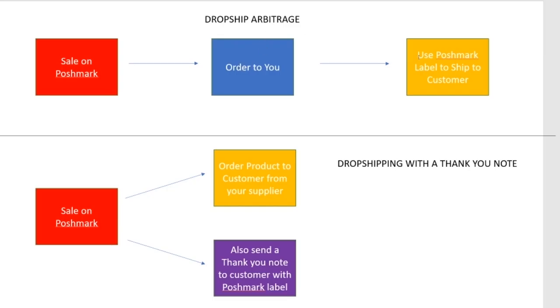And then obviously drop it off in like a USPS, like one of those blue bins, or drop it off at the post office, which can be annoying. It's not annoying for me because I'm always on the road anyway, and I just drop them off in between wherever I'm going. It's super easy and they're all over the place. But you can also do it this way as well, where you just ship it to the customer from the supplier and then also use the Poshmark label that you print out and ship a thank you note to the customer and thank them for ordering, and just say something along the lines of like, hey, I want to give